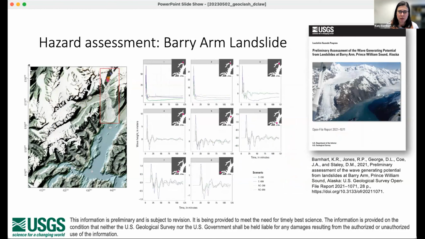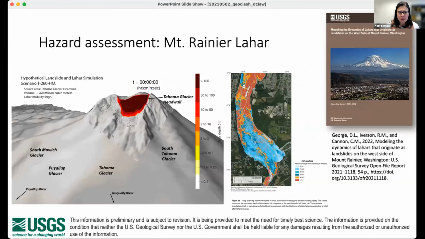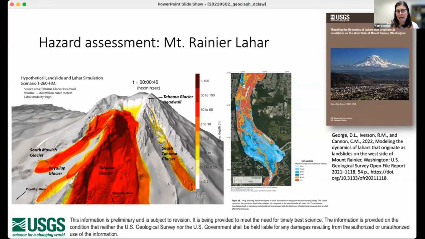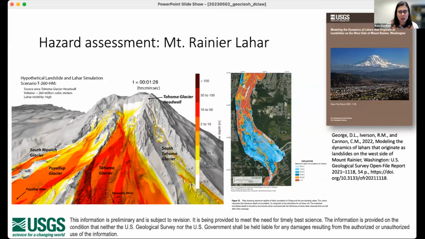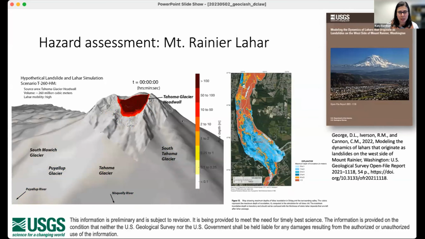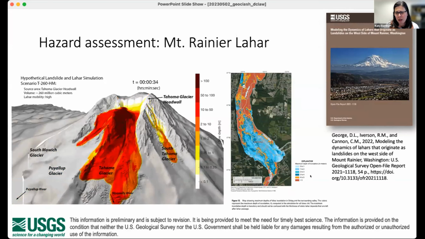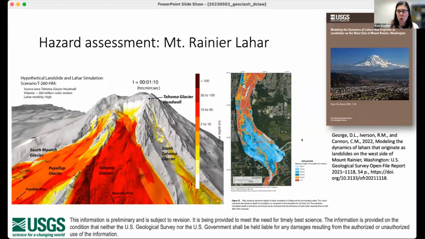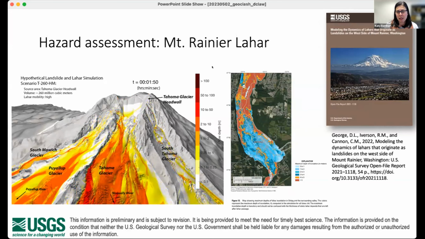And in the center, you can see some example output of water level through time. Dave and Dick and others have applied this for hazard assessment to the Mount Rainier lahar hazards. So we can see an animation on the left, and then an example of inundation in Orting, Washington, in the